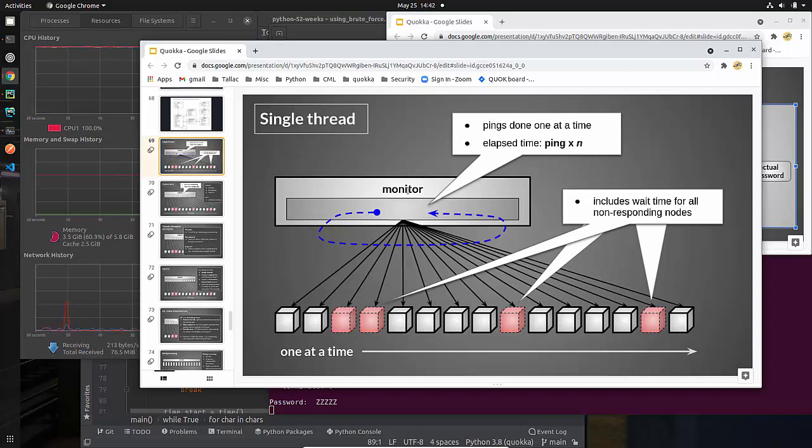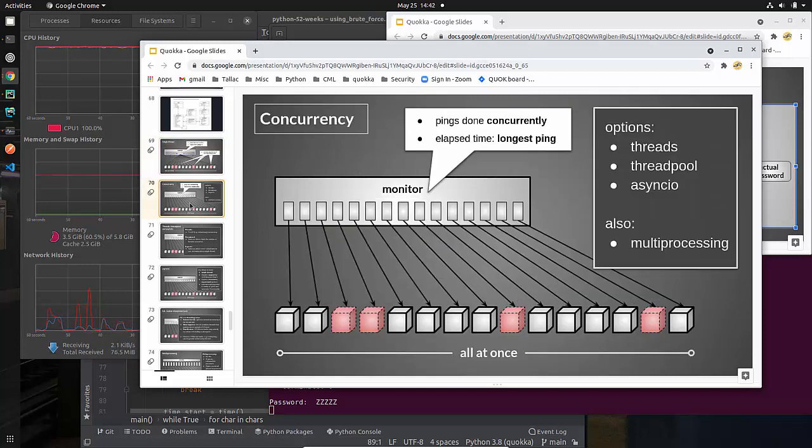But here's the deal. When you use a single thread to do stuff in e.g. a networking environment where things are I/O bound, that is, you're doing things that block and wait for something else to happen, like pinging devices in a network or like doing input-output to a file, then using multi-threading is very useful. The reason is that you can do all of these things at once.